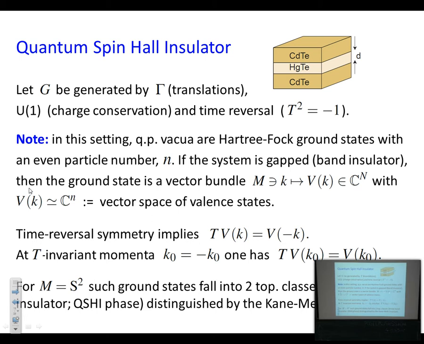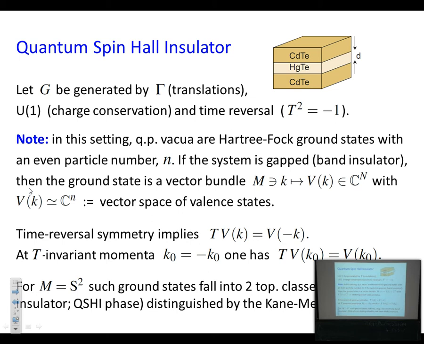It's not necessary to work with the full generality of these spaces A sub k. You can eliminate this Fermi constraint by also eliminating this symmetry. The 2 of them go down the wash, and you're just left with the anti-unitary symmetry given by T, which now